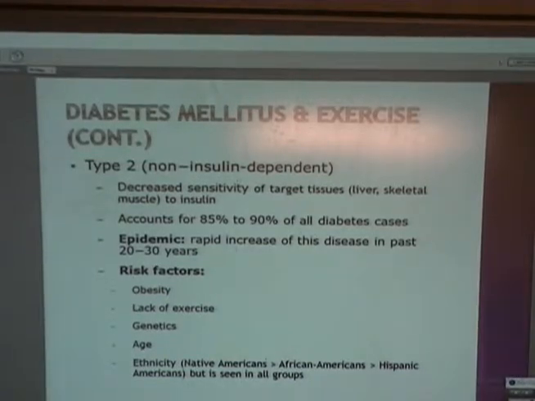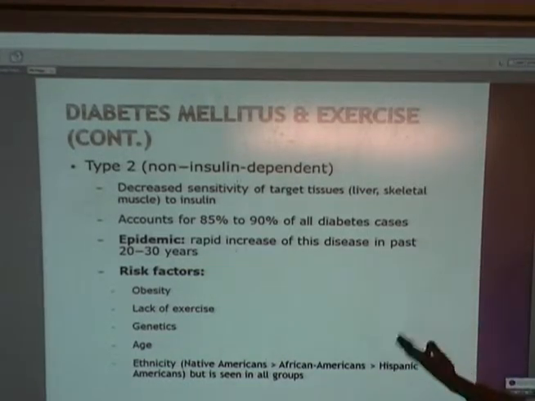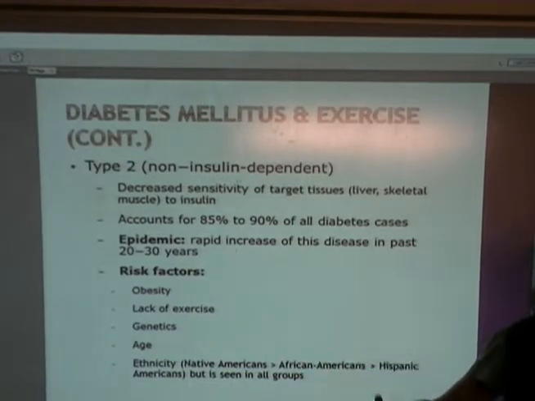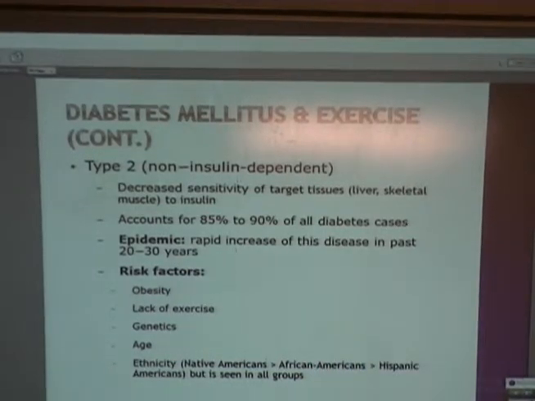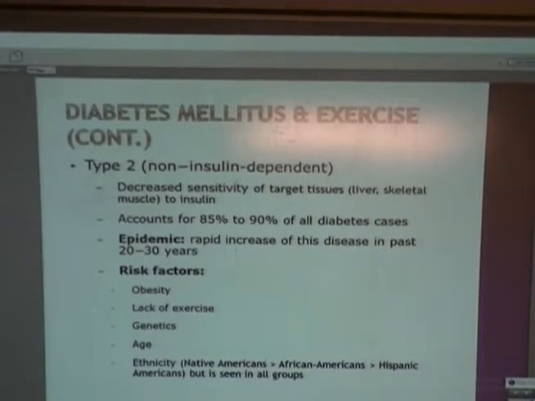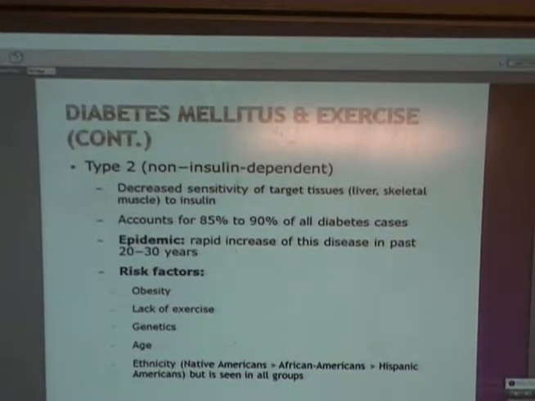Type 2 used to be called adult onset diabetes because you didn't really see children get it. It was when adults went to work and started eating and becoming sedentary, and then they developed type 2 diabetes in their 40s. Now, unfortunately, we're seeing large numbers of children in pre-puberty showing the first signs, and we've got teenagers developing full-blown type 2 diabetes now. So it really is a problem for the community as a whole.